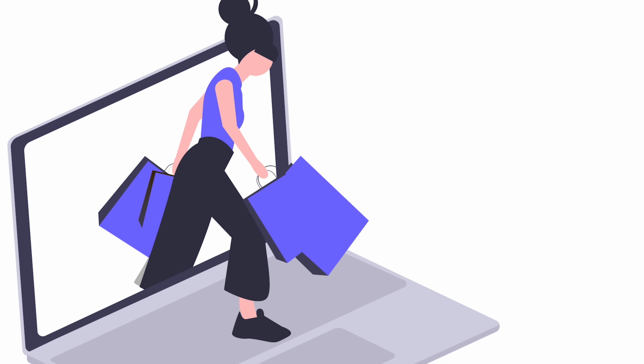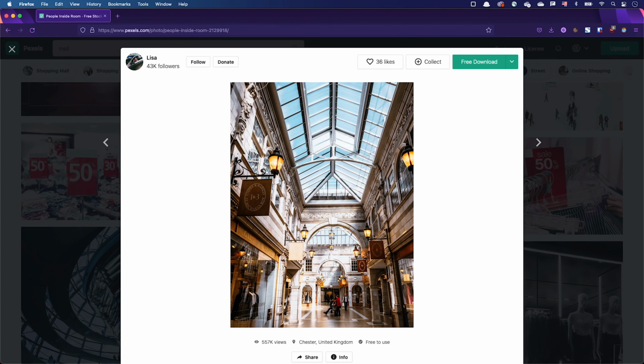We want the computer screen to display the image of a shopping mall. We've got here this shopping mall image from Pexels.com. Let's insert it into a PowerPoint slide, position the image over the computer screen, move the computer screen to the top, select the image, shift-click on the computer screen to add it to the selection, and in the Shape Format ribbon, select Merge Shapes, then Intersect.